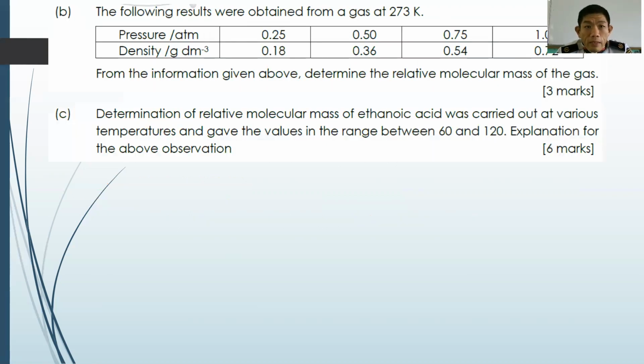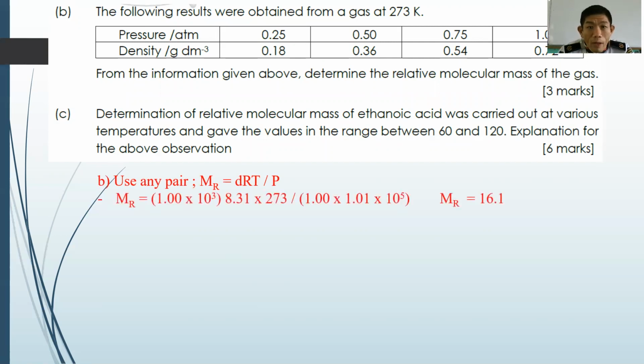B, the following results were obtained from a gas at 273 Kelvin. Pressure 0.25, density 0.18. Pressure 0.5, density 0.36. Pressure 0.75, density 0.54, and pressure 1 atmosphere, density 0.72. From the information, determine the relative molecular mass. You can use any pair to calculate Mr equals dRT over P. So let's say I use this